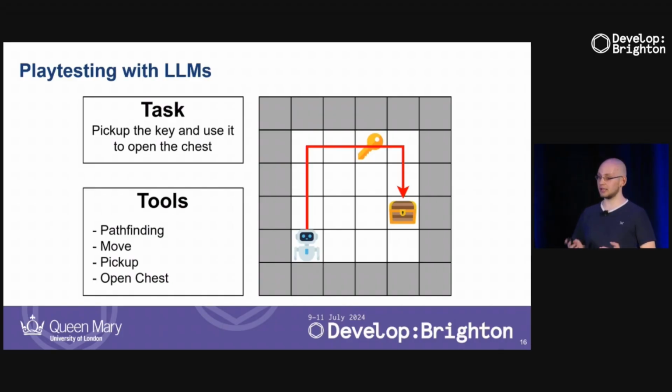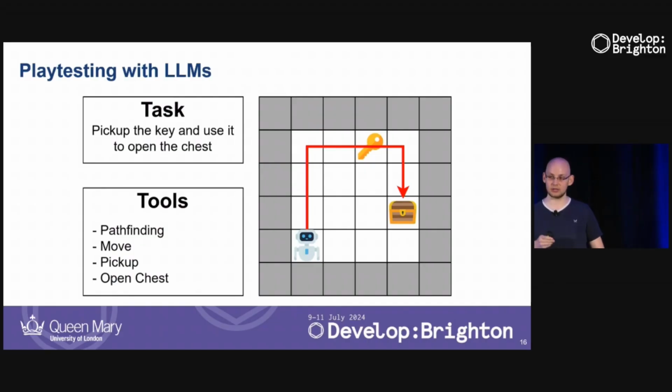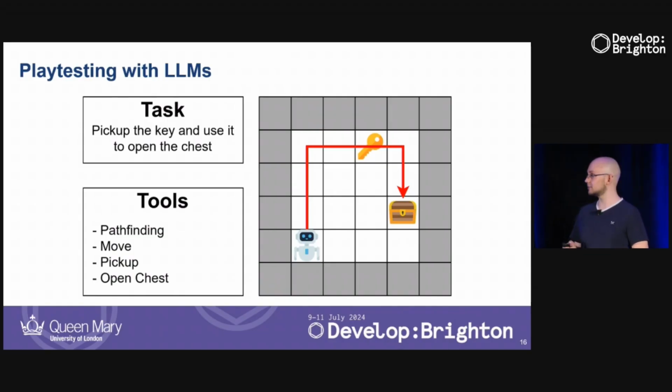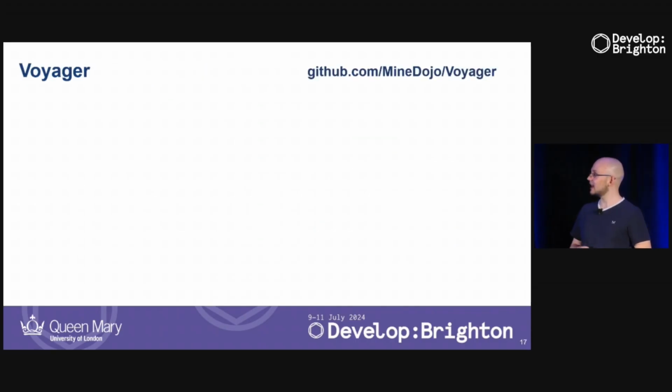Large language models know there's a key, there's a chest, I can just pick it up and open the chest, which they are best suited for. But they're not well suited for just moving one by one, especially since they cannot see the map very well, unless we use some kind of multimodal LLM that can actually see images. So this is the kind of approach that I'm trying to now sell to you. And let's look at one example of how this could look like.